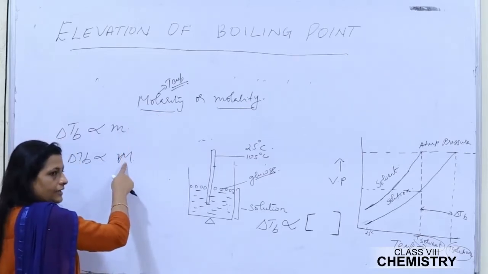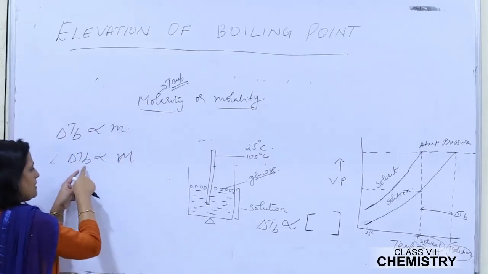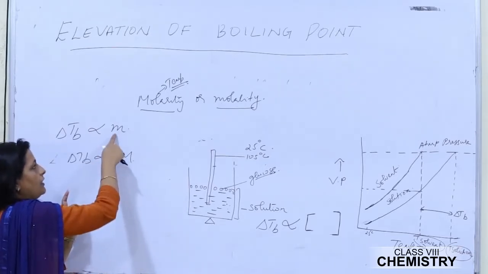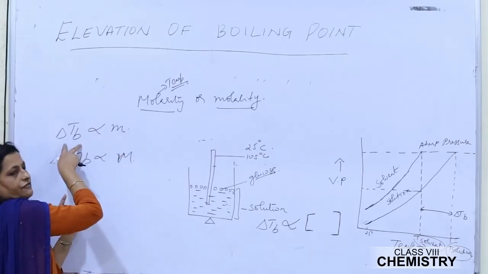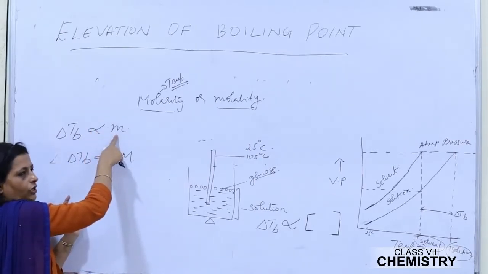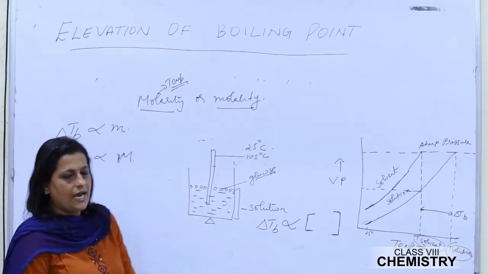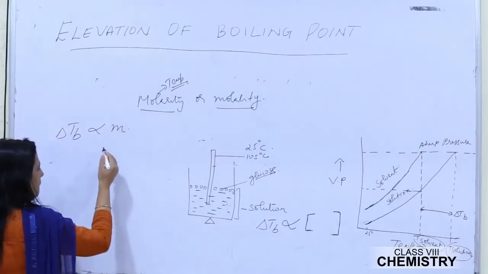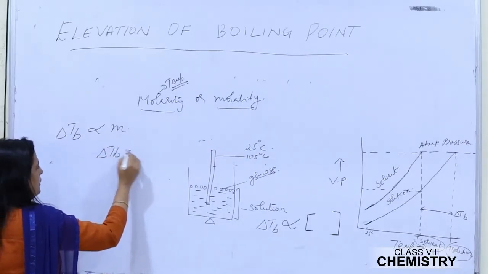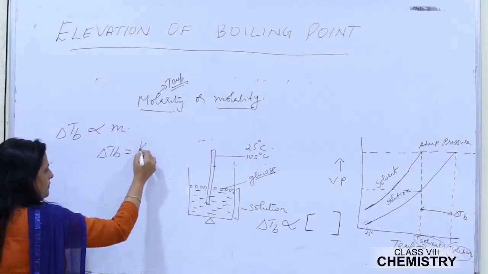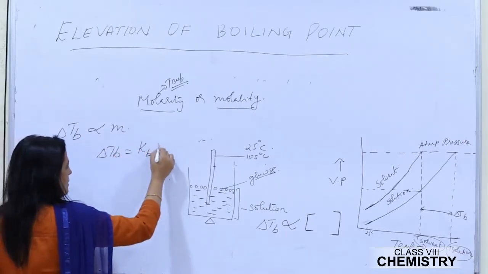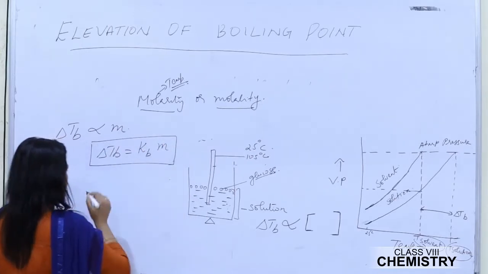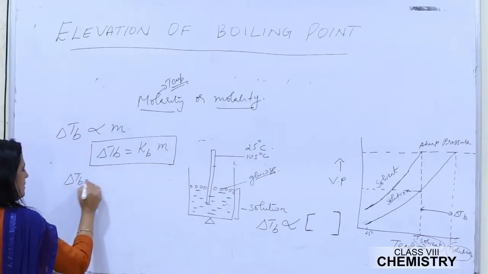So if we use molarity, then because delta TB is the difference in temperature, automatically molarity also will change. But here molality will not change with this difference in temperature. So we will be using molality. So delta TB is directly proportional to molality, or you can write delta TB is equal to, in order to remove this proportionality sign, we are multiplying it by a constant Kb. So delta TB is equal to Kb into m, where delta TB is known as